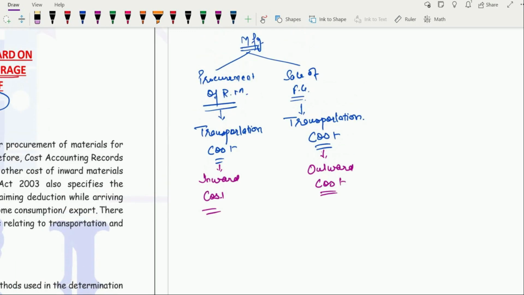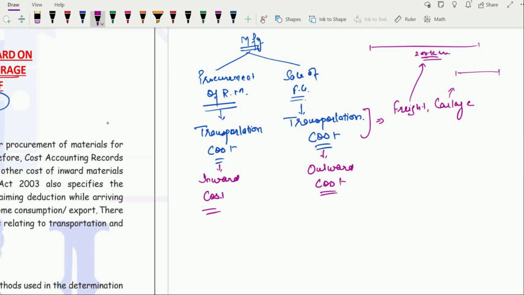Now, what all is included in this transportation cost? It can be by different names. Freight is there, cartage is there. What is the difference between freight and cartage? Freight is for a longer distance, when the movement of goods is for a longer distance, let's say from location A to location B, which is 200 kilometers away. The transportation cost that you are going to charge, that is known as freight. Cartage is the amount charged for a shorter distance. If the two locations are, let's say, 5 kilometers apart, we call it cartage. There we don't call it freight.